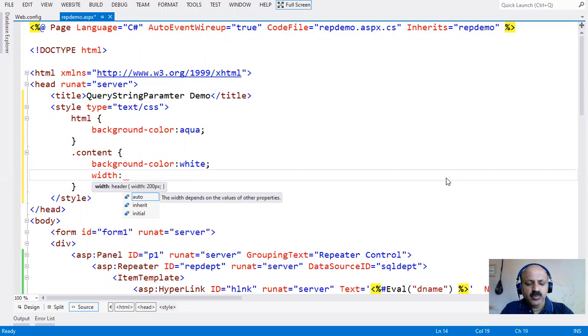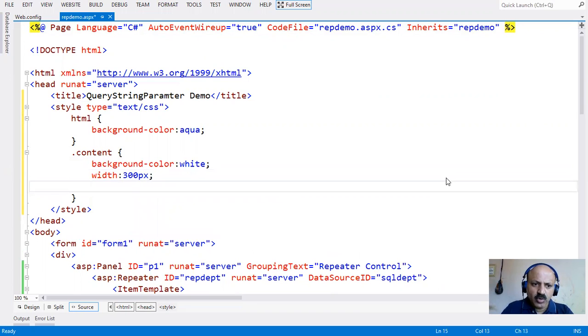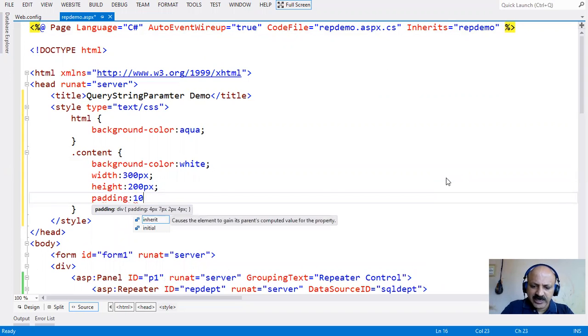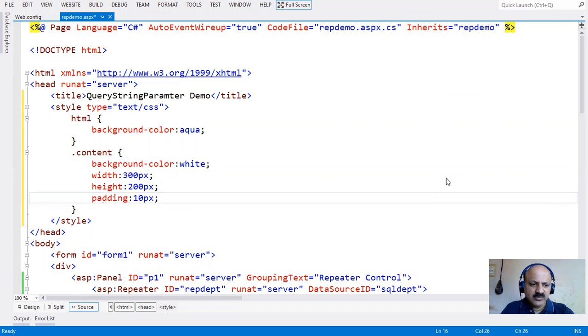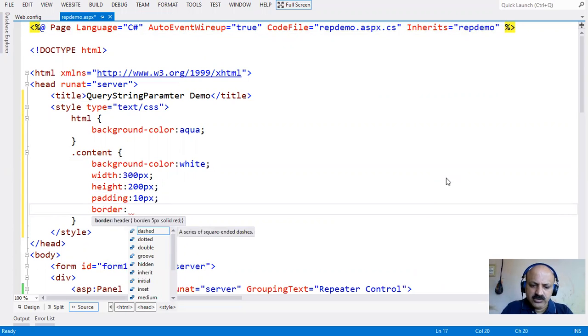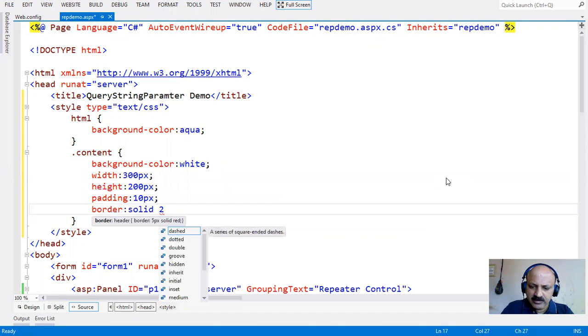Here we can provide the width for our three departments, so 300 px. You can also give auto. Then we can also give the height, like 200 px. Then padding, so only 10 px or 5 px you have to provide. Then we can take the border, solid, 2 px,